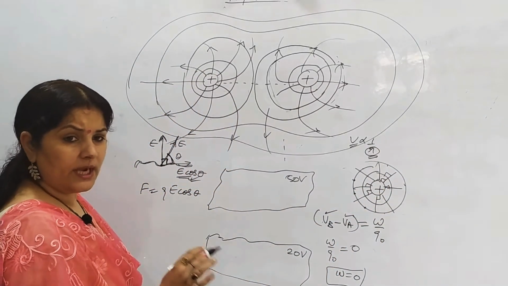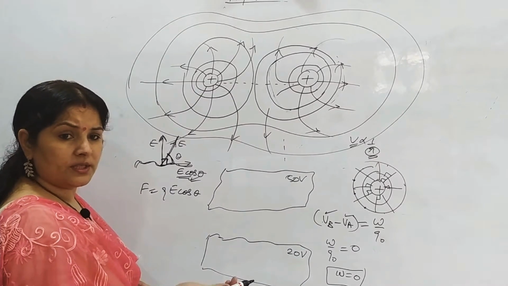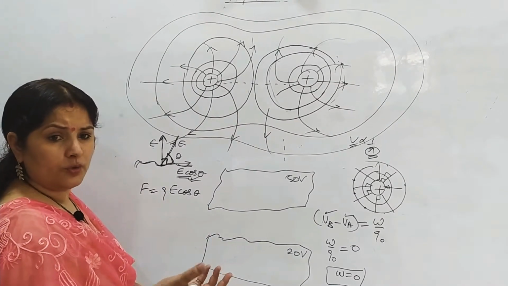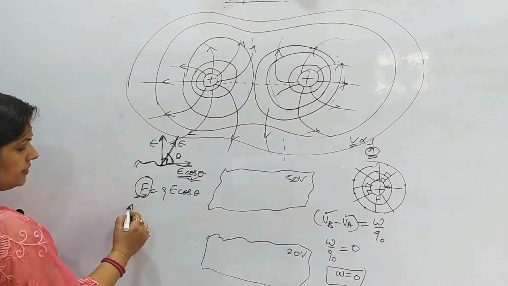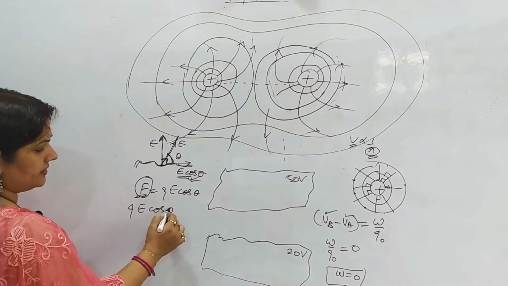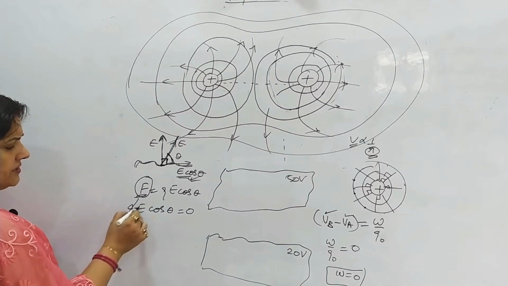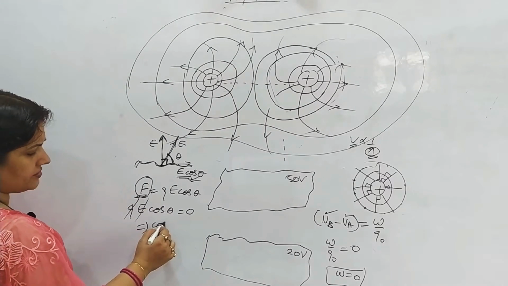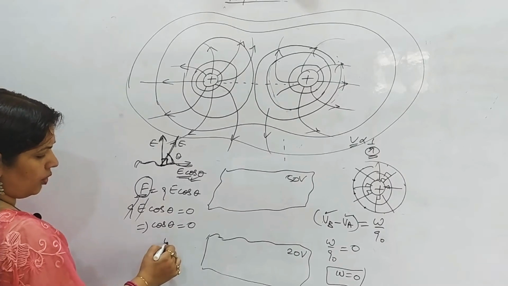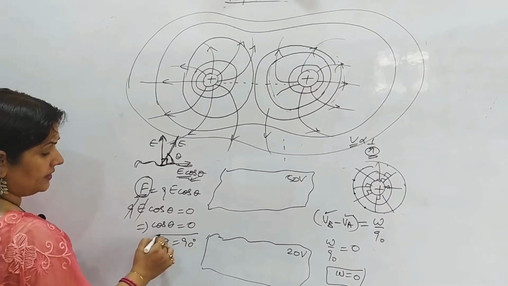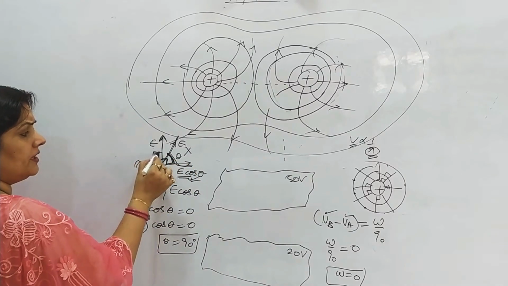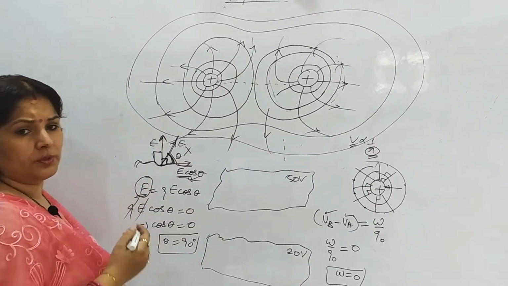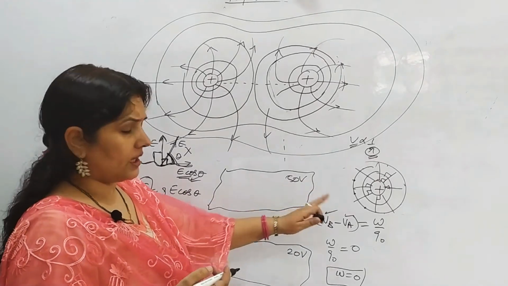So equipotential surfaces आप किसी भी point पे लेके जाओ charge को, work done will be 0, right? When work done is 0 means the charge is not experiencing any force, and when charge is not experiencing any force, this force is 0. It means Q E cos theta is 0. Q cannot be 0, E cannot be 0. It means cos theta is 0. It means what is theta? Theta has to be 90 degree. ये वाला angle नहीं हो सकता. It has to be from the surface. It has to be at the 90 degree. We discussed it earlier also.